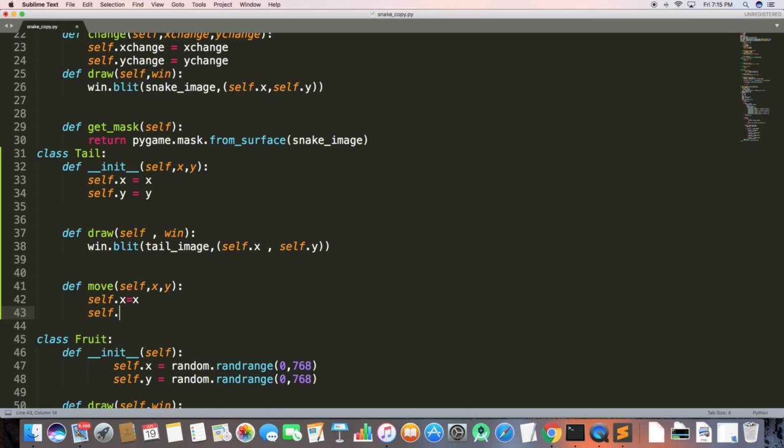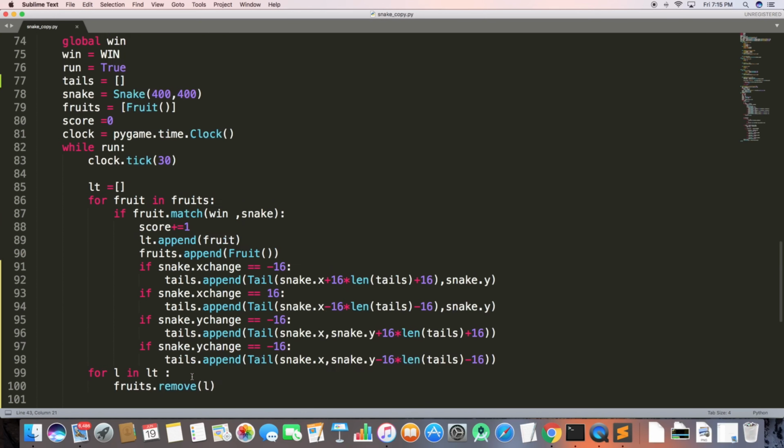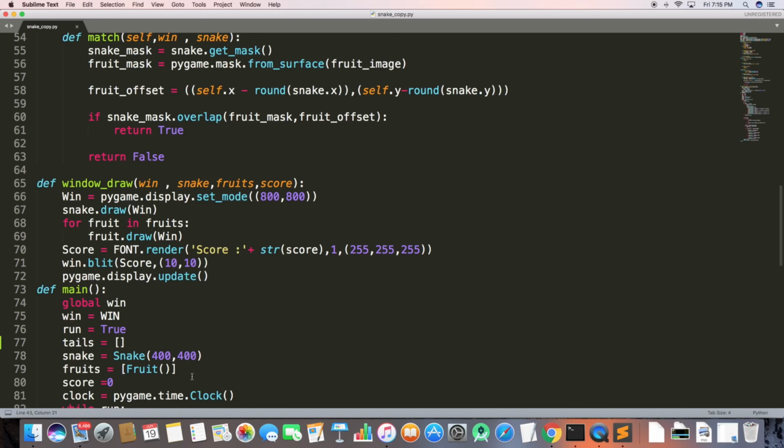So let's say cell.y equal to y. So initially position will be defined by what I determined earlier, but since I have a move function, those positions don't matter. I could have just passed any random xy position.